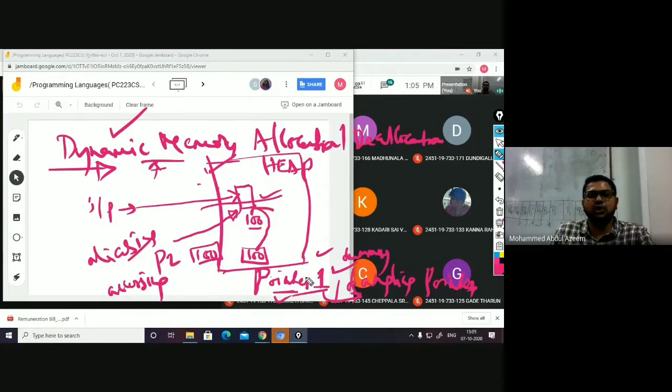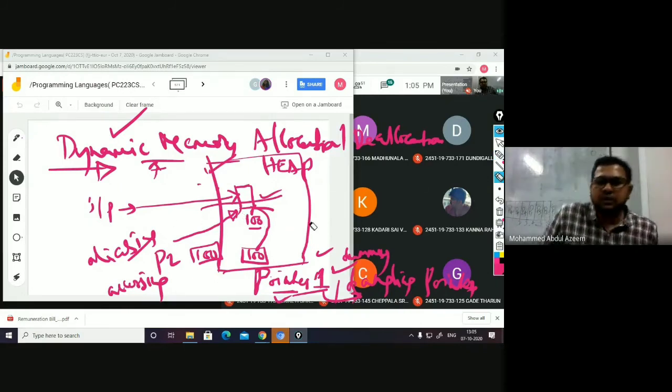This kind of problem, when encountered, how can it be resolved? It is the language designer's responsibility to resolve these issues, right? In C or C++, I'll take the C example, how is this issue resolved in C?